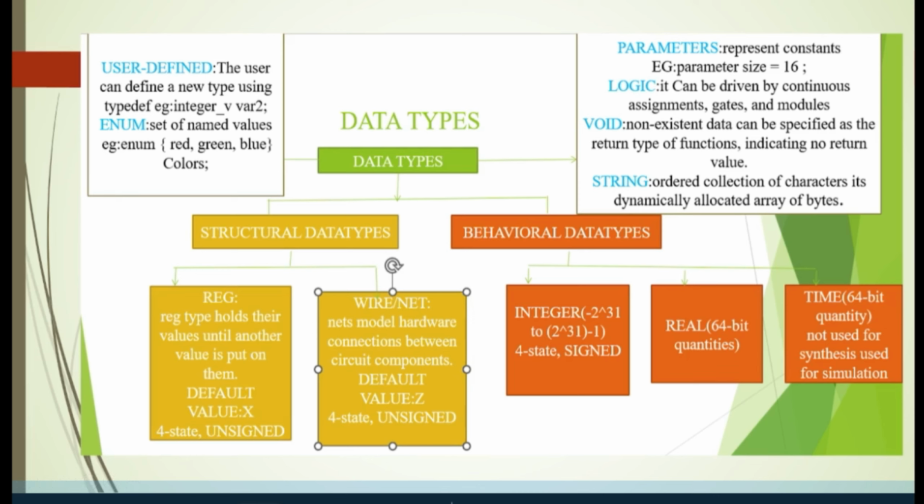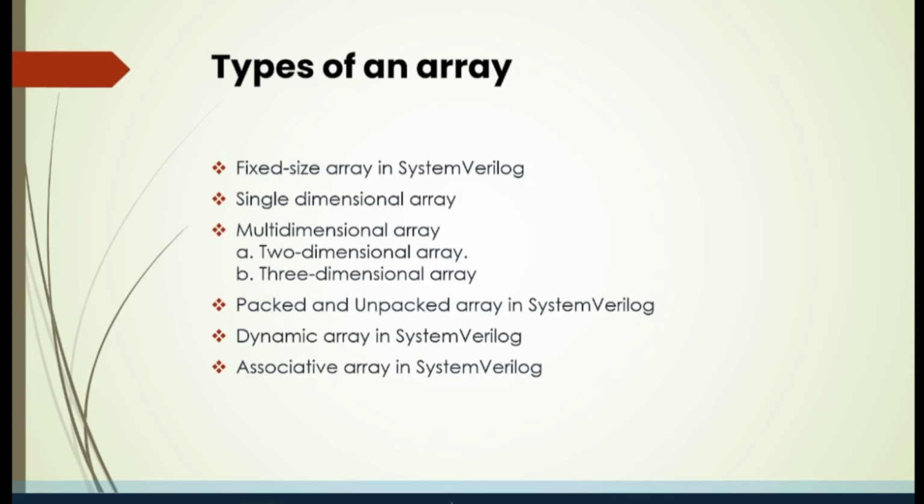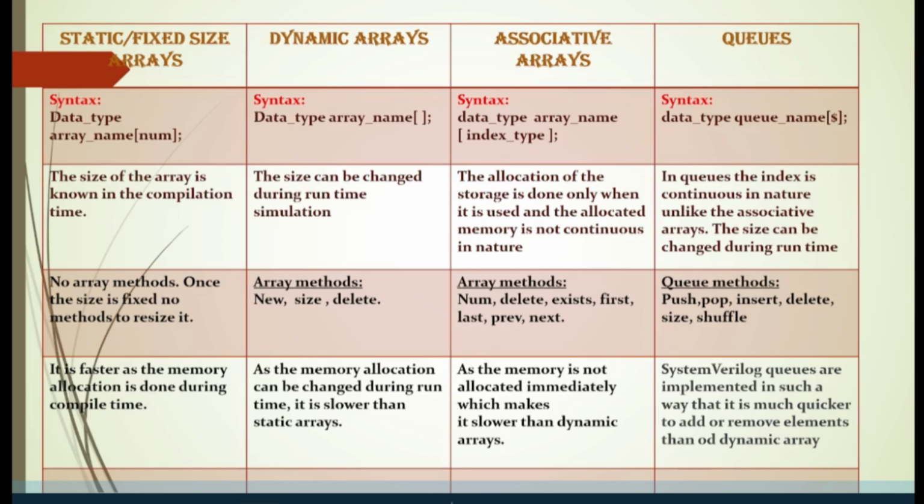Next, coming to types of arrays in Verilog and SystemVerilog. You have already seen arrays in Verilog, but in Verilog you just talked about fixed size arrays. That's it. But in SystemVerilog it was extended to a lot more. In SystemVerilog you literally have three more kinds of arrays. One is the fixed size array, which you already talked about in Verilog, and then the dynamic arrays, associative arrays, and